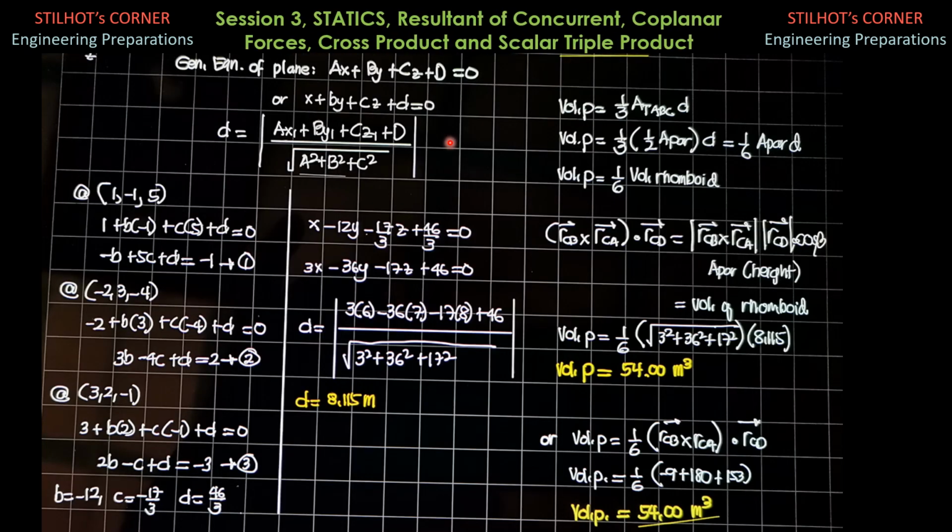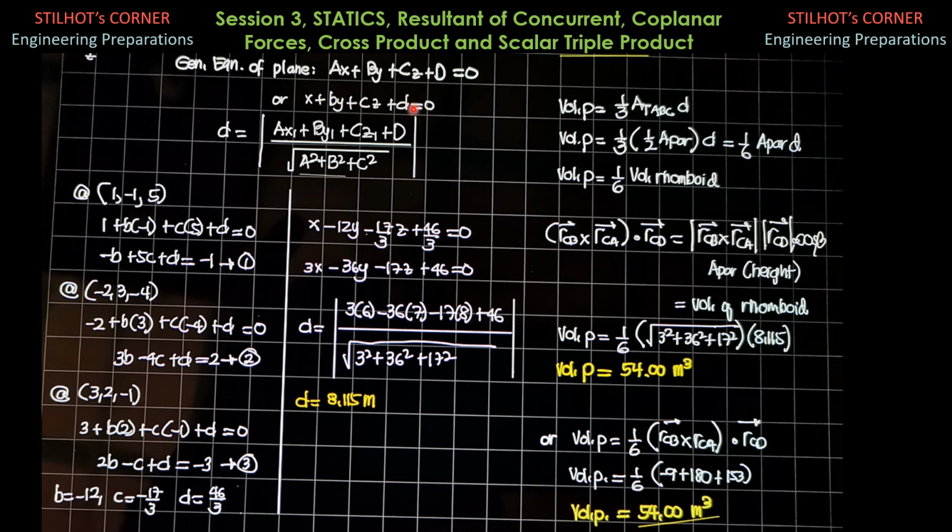So for the other ways, remember that the general equation of a plane is ax plus by plus cz plus d equals 0. If you remove c, that's the general equation of a line. So for a plane, we extend it to the third dimension, which is plus cz, third component, then plus d equals 0. Dividing through by a, this leaves the coefficient of x just 1, so x, then b over a, we'll just denote that by another symbol, small letter b, c over a, small letter c, then capital D over a, small letter d equals 0. So we use this reduced general equation of a plane.